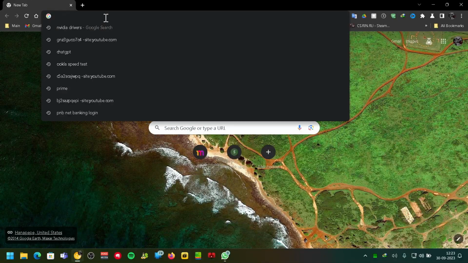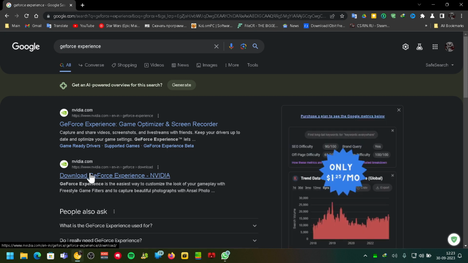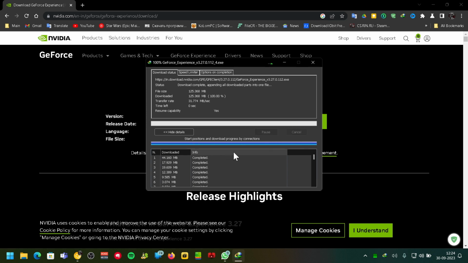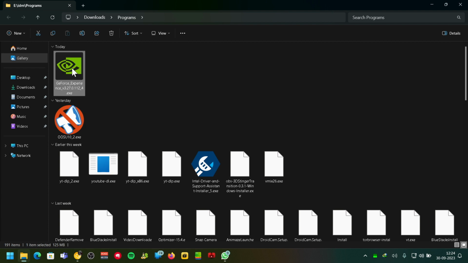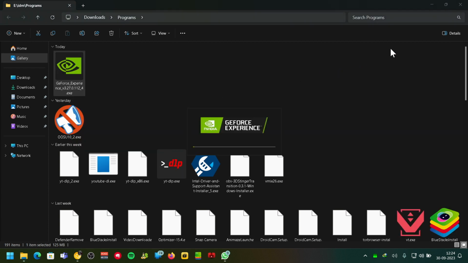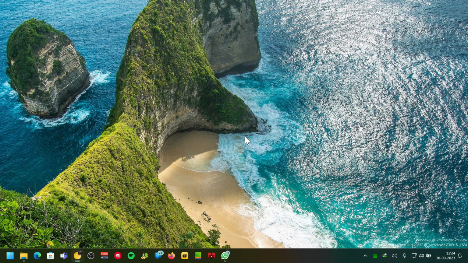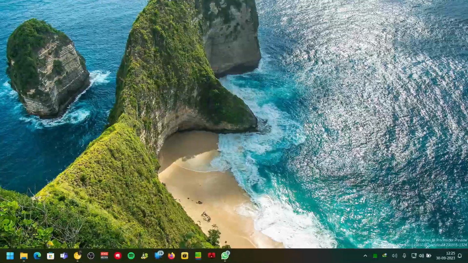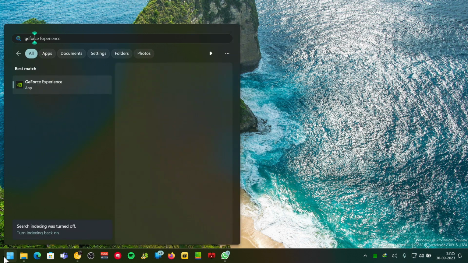Open your browser and search for GeForce Experience. And open GeForce website and download GeForce Experience. After download, open your download folder and install GeForce Experience. After installation, open GeForce Experience